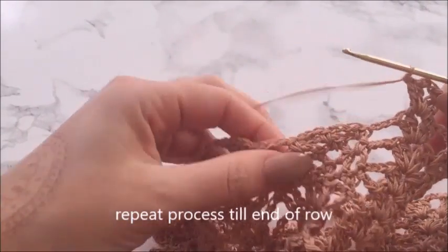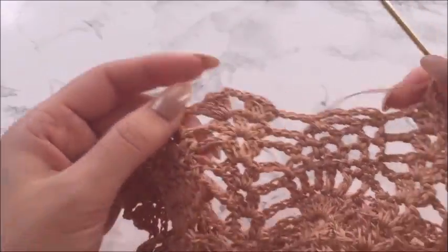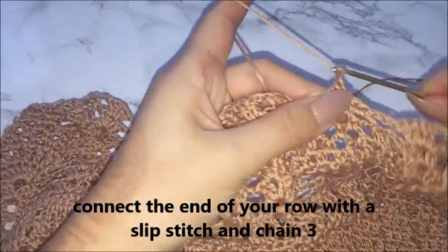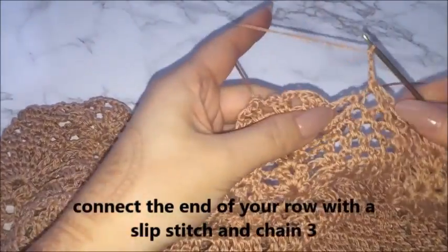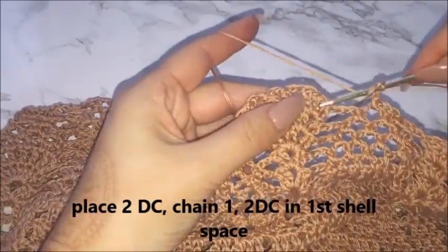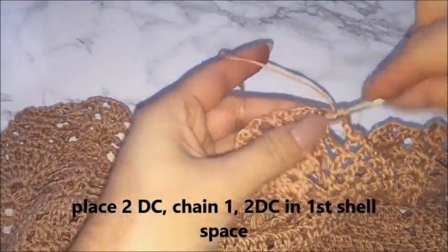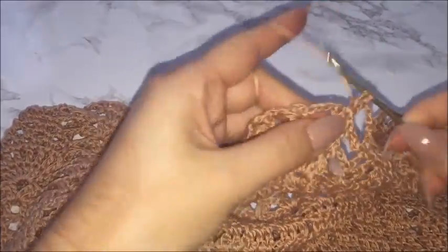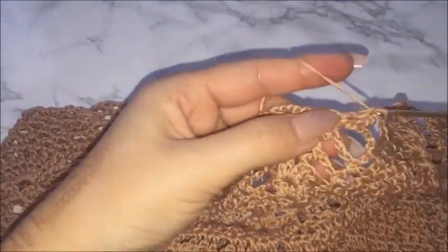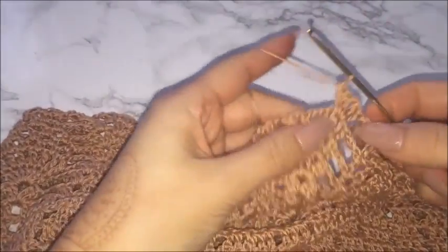So I'm just connecting the end of my row with a slip stitch, and then I'm going to chain 3, prepare for a double crochet, go into the very first shell. You're going to be placing another shell in this very first shell of the series of shells that we made in this space. So now all I'm going to do is chain 2,